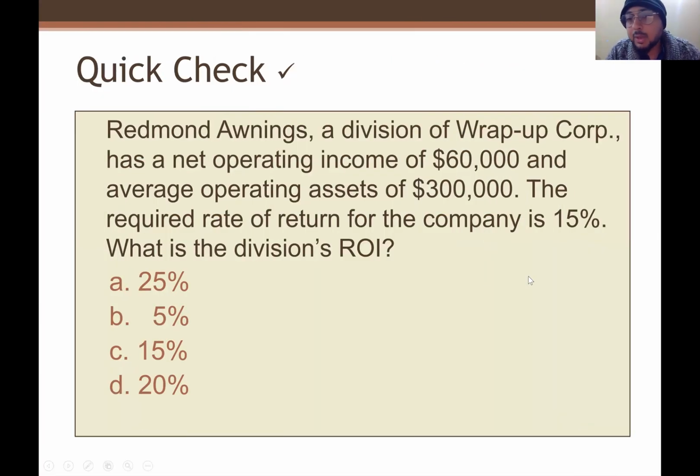So we have a new concept checker. So please, all of you guys calculate that. So Raymond earnings are division of